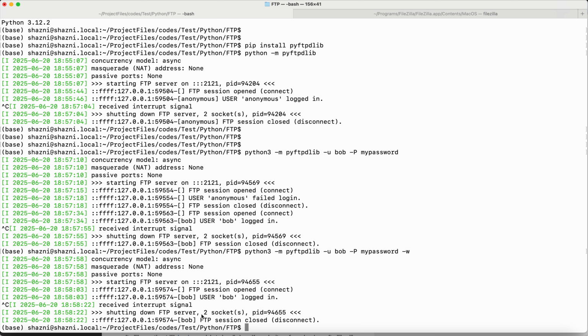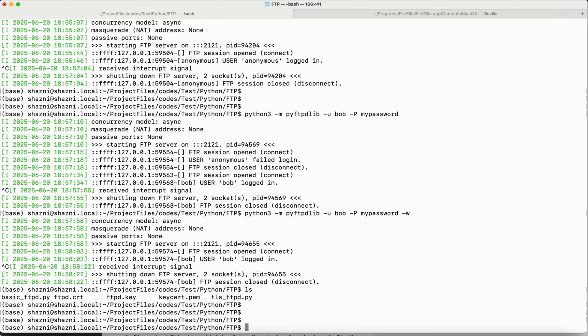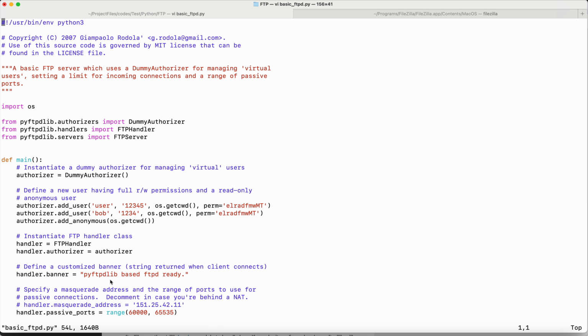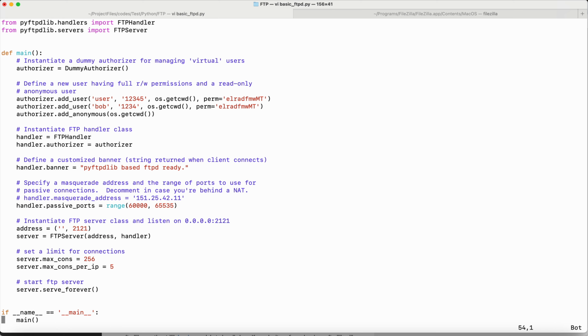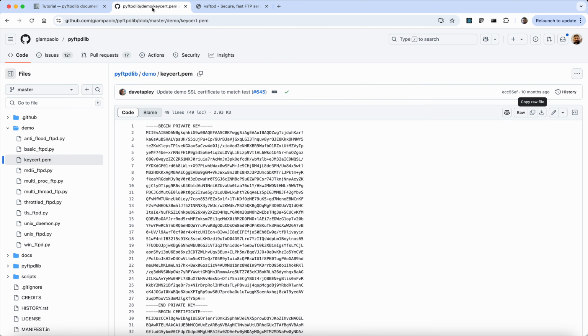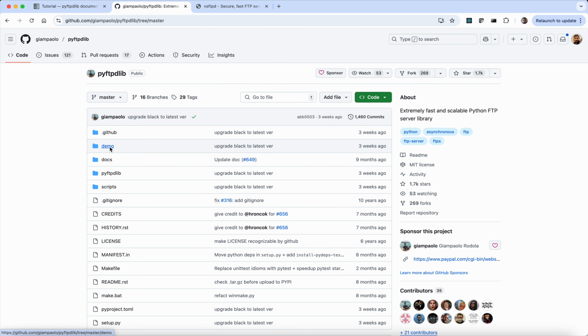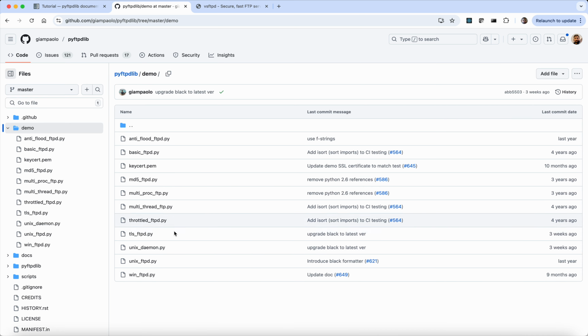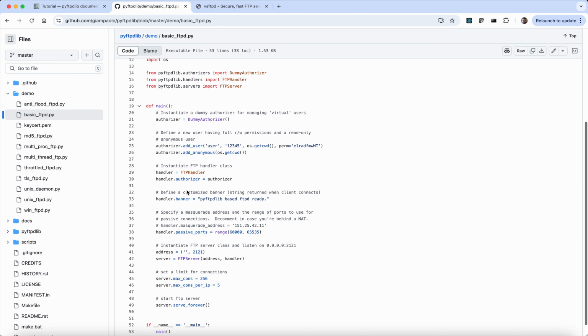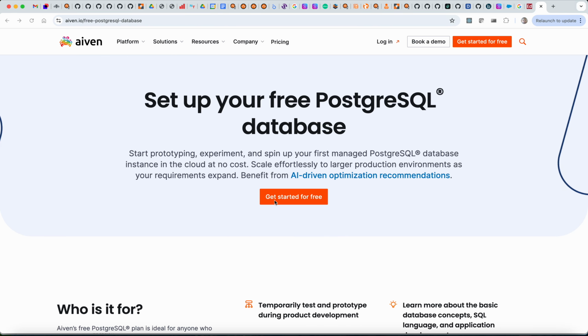So if I just run this, I have this basic FTPD. I just copy pasted this from the GitHub repository that they have. It's an open source library, of course. You can get the library details here. And if you go to demo, various demonstration source codes are available. The one that I copied was this one,